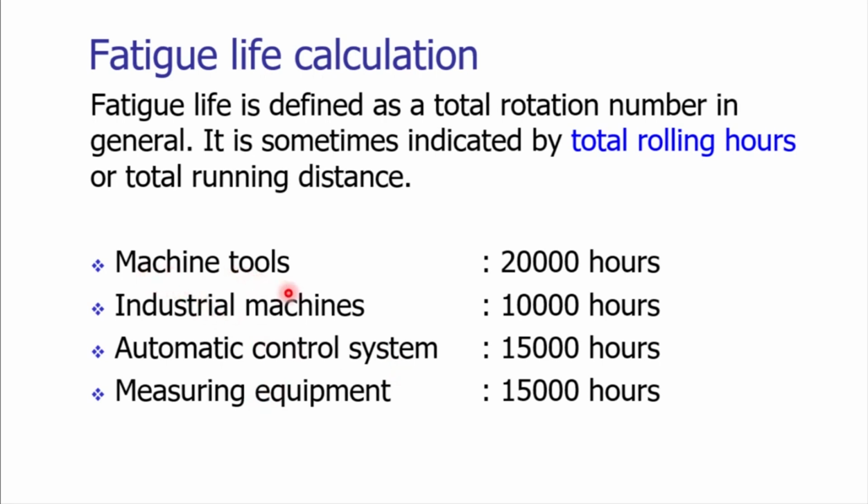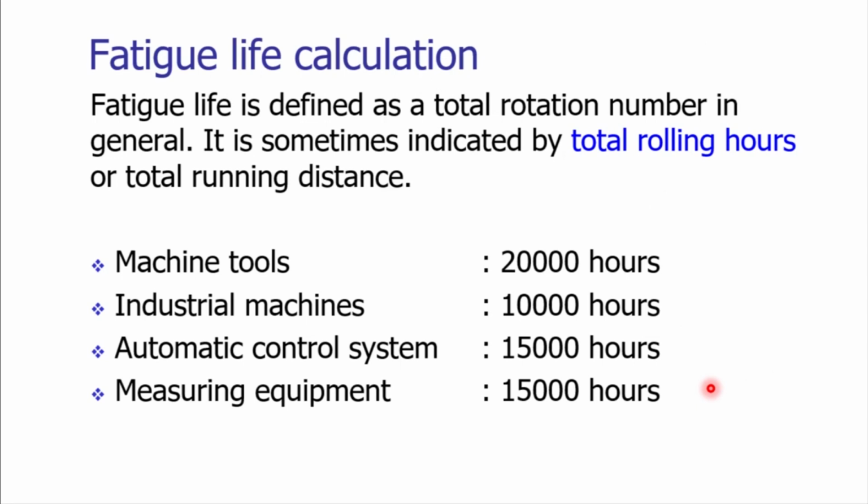For machine tools, the fatigue life of the screw shaft is considered around 20,000 hours. For measuring equipment, we consider 15,000 hours. For industrial machines, it is around 10,000 hours, which are heavily used, heavy duty operation, where the fatigue life would be